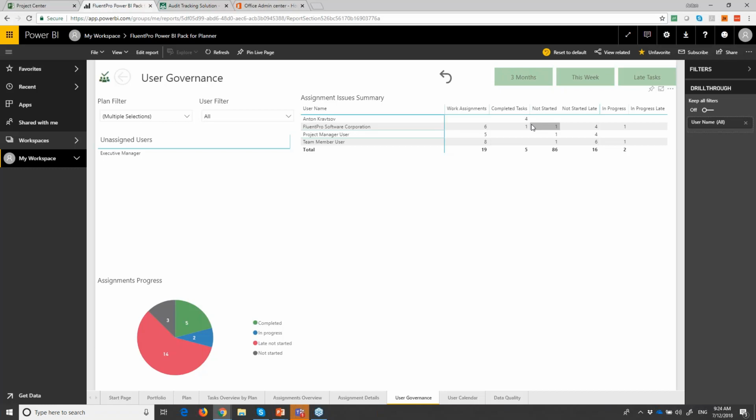There were team members without work. And if you have a team of 50 project managers, you can absolutely see such scenarios where you have very little work. There are always some overloaded project managers, and a project manager might be running one small project. There are different answers to that and sources of this problem, but still, using this user governance report, you can identify